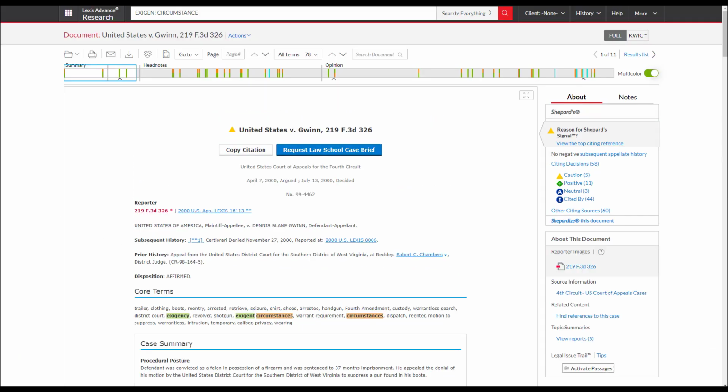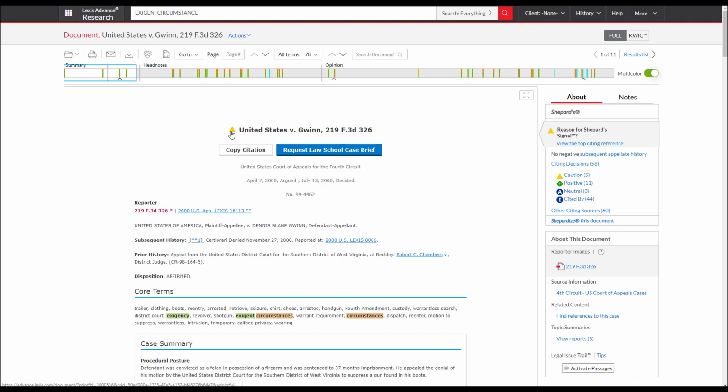Once you've found a case that's relevant, you must validate it to ensure it has strong precedential value and is still good law. It is essential that you shepherdize any authority you plan to use in your research. At the top of the page, we can see the Shepherd's signal to the left of the case name. Hover over the signal to see what the signal indicates.